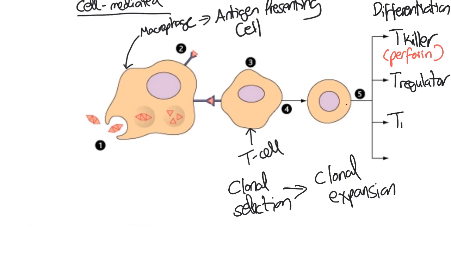You also get T memory cells, so that next time the same pathogen comes into circulation, instead of waiting for maybe 1 in a million complementary T cells to become activated, now maybe you've also got 1,000 additional complementary memory cells. So activation will happen faster, expansion will happen faster, and you'll get quicker T killer cells being made to get rid of the initial cells. That means that the pathogen is destroyed before it hopefully has a chance to cause too many symptoms.